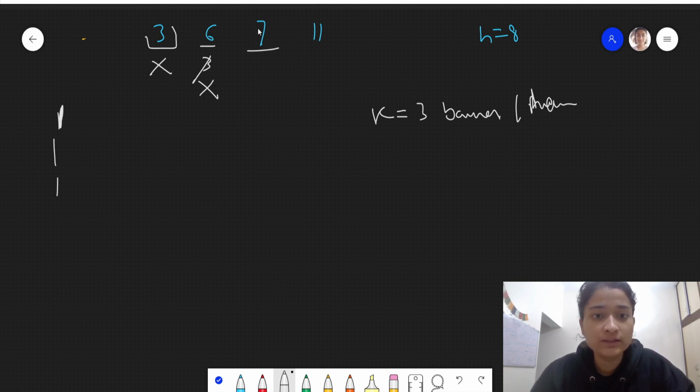Then she comes to this pile, eats 3 bananas for 1 hour. So 7 minus 3, 4 are left. Then from these 4 bananas, again Coco will eat 3 bananas. So 1 banana will be left and 1 more hour will be added. Now see, only 1 banana is left. In an hour, Coco can eat 3 bananas, but 1 banana is left, so Coco will eat 1 banana and will not eat any other banana in that hour. So 1 hour is again added.